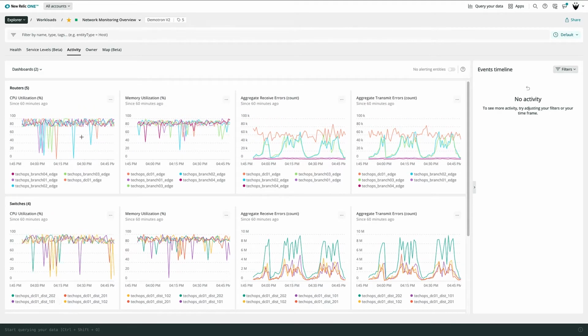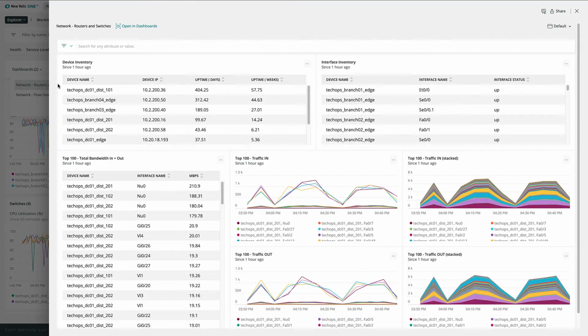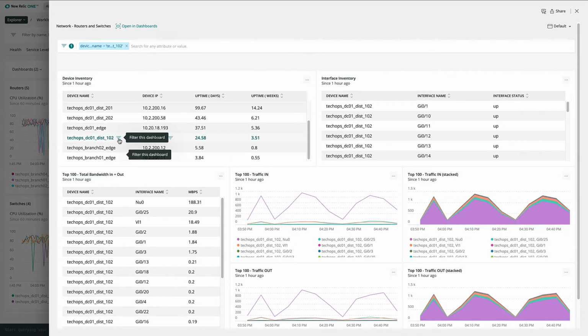But for a more customized journey, you can link dashboards to workloads too. As you can see here, when I click Dashboards, I have attached two different dashboards that include a summary of my routers and switches and a purpose-built view into my flow data. Selecting the Routers and Switches dashboard shows me a slide-out view of the dashboard where I can see a high-level overview of all of my routers and switches, as well as quickly giving me one-click access to filter and isolate individual devices.